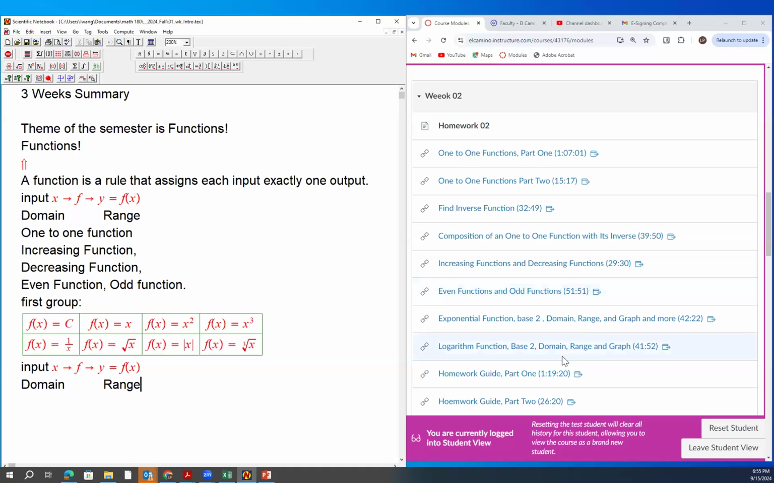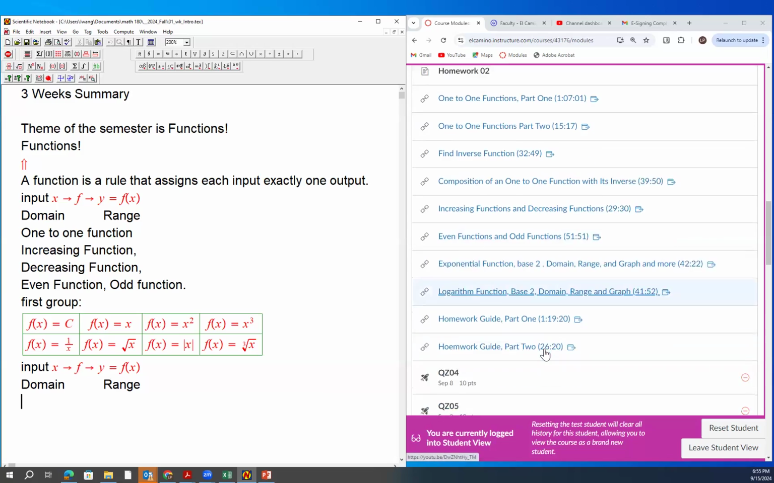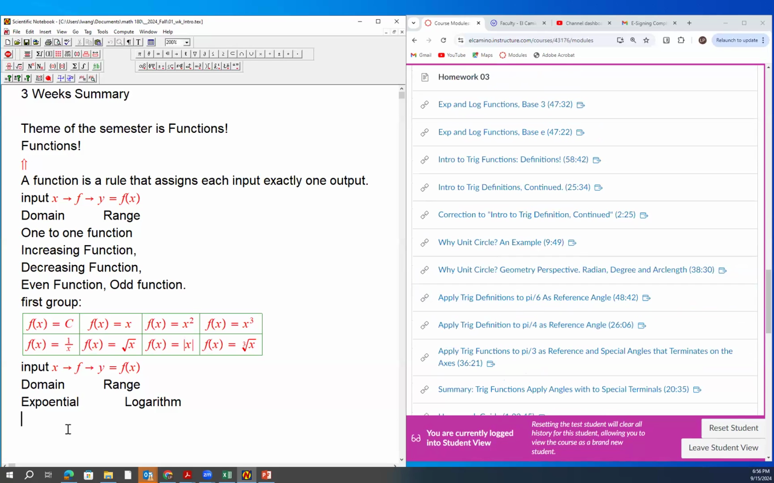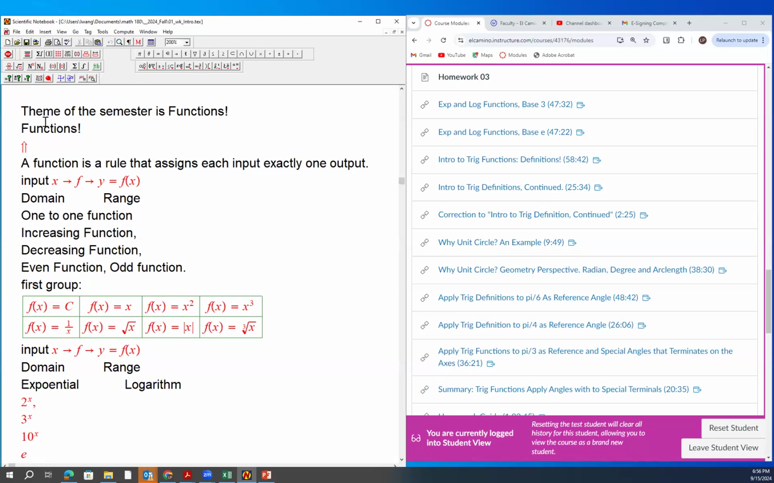We introduce these concepts in the second week, and then we talk about the second category of functions, which are exponential and logarithm. We have these two categories of functions addressed on base 2, continued on base 3, which you saw 2 to the power 3, 2 to the power x, 3 to the power x, and 10 to the power x. And most importantly, as we mentioned, e to the power x,